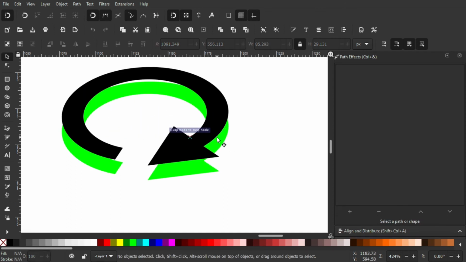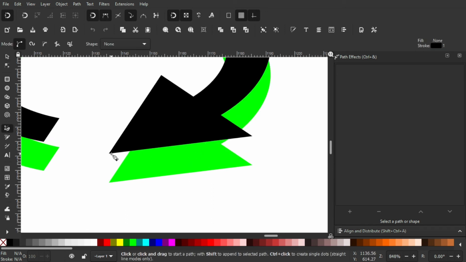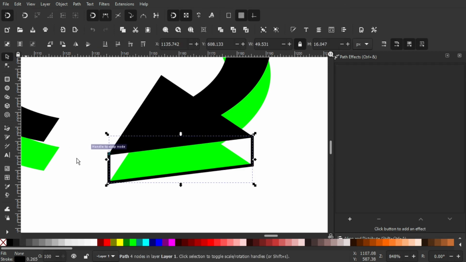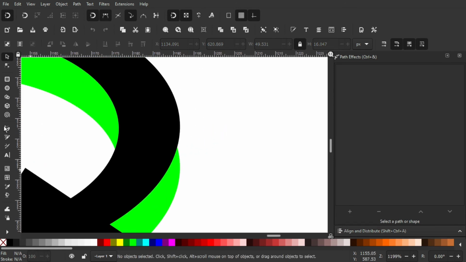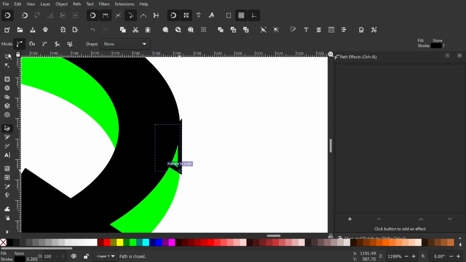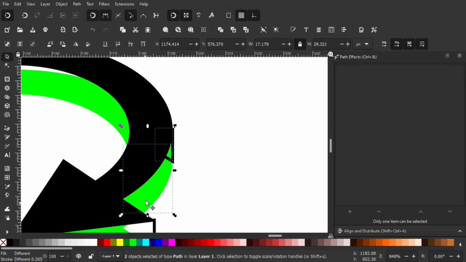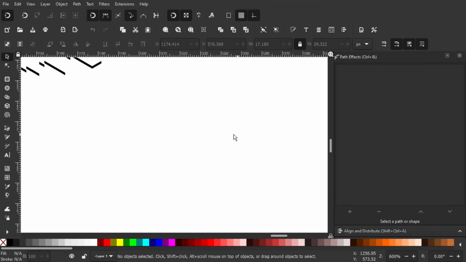So yep, and now we're gonna do the same thing just like the oval one, which is diminish this gap over here, and just with the Bezier tool you select on this side. So we have this kind of object over here, and on this side again, click over here, and just back to its starting point, hold Shift and click on this green object, Path, Union. So it's looking really neat, just like this one over here.